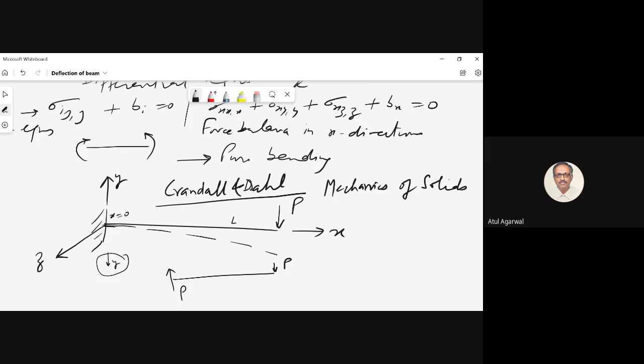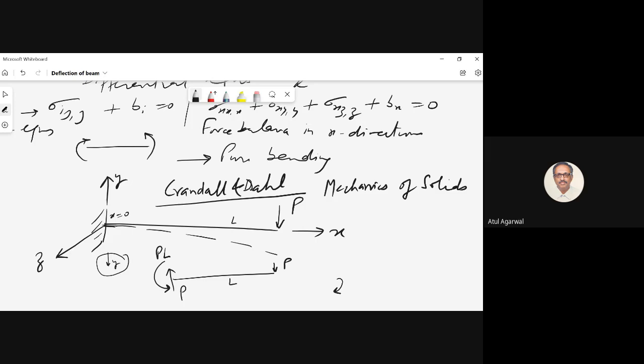So it is a clockwise couple. You are turning the beam clockwise. So your support has to apply a counterclockwise moment on the left hand. So this moment has to be equal to P into L. Now if you see bending moment, there is no externally applied moment here. So bending moment is 0 here.